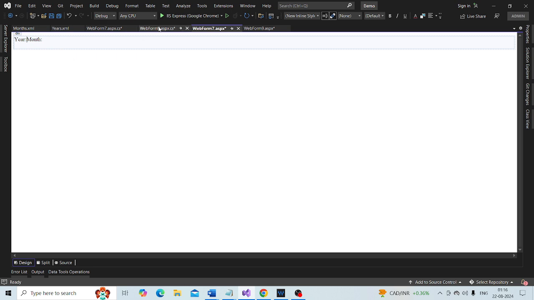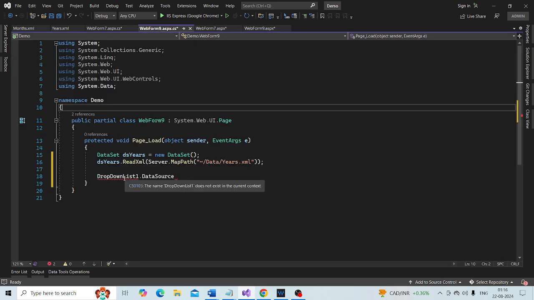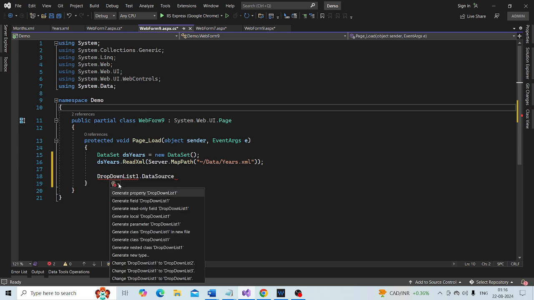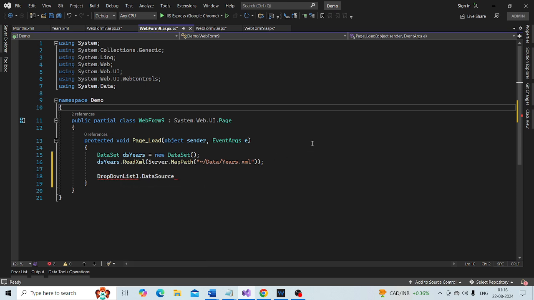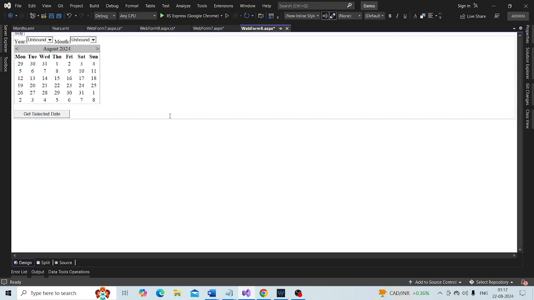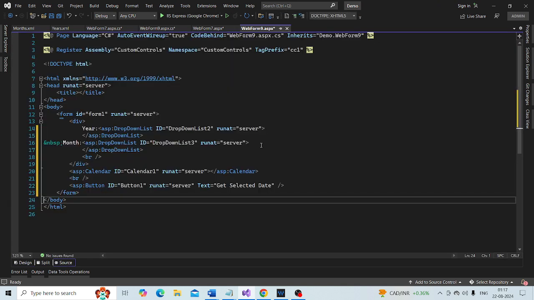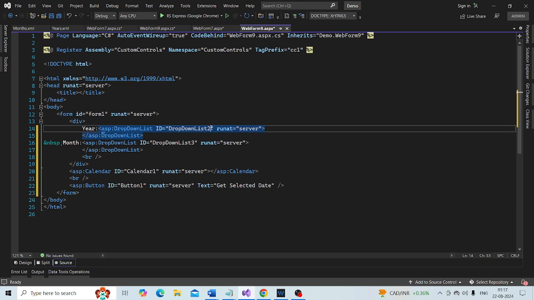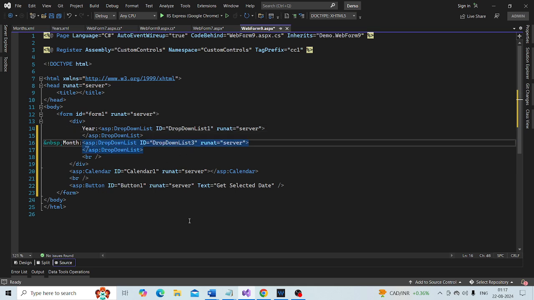Then go to web form 9. Again it is showing an error because we were using that coding in here, so we need to change the drop down list from here to 1, and it is going to be 2.